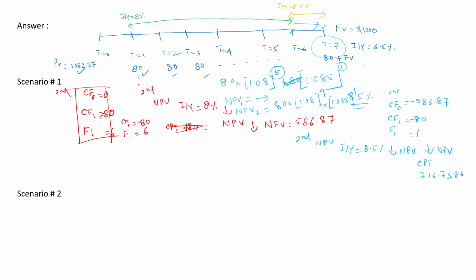So if you go on with all of them, NFV1, NFV2, and so on, and then finally, because the 7th period really doesn't have any future value of investment, when you add all of that, NFV plus the last coupon,